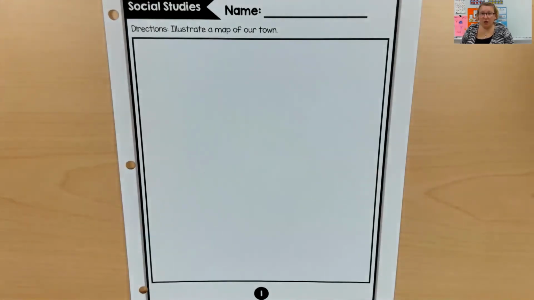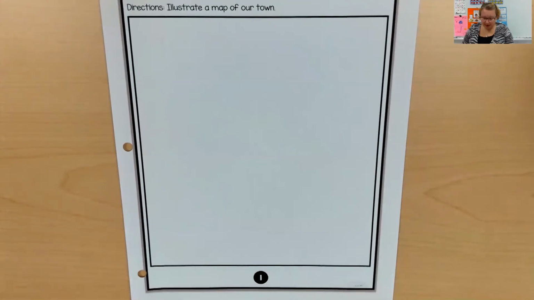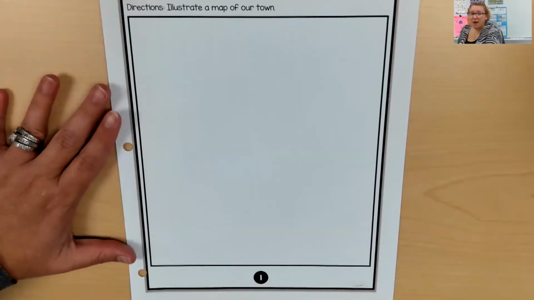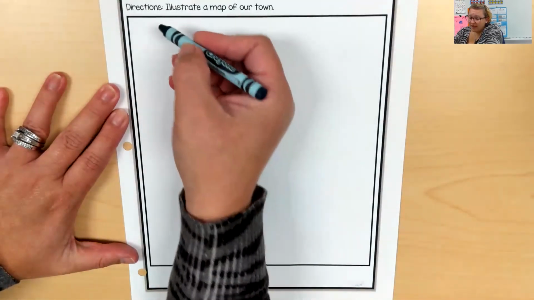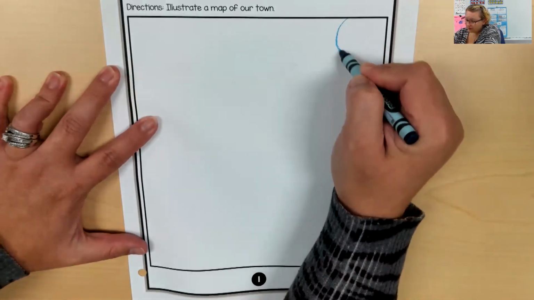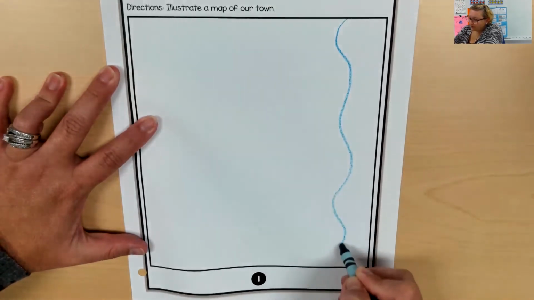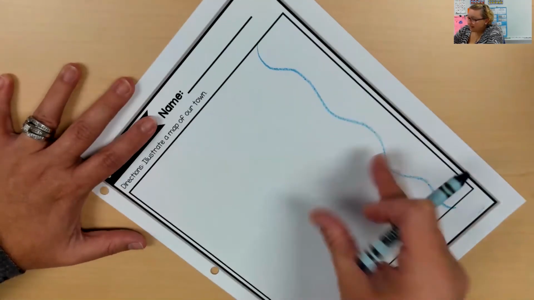And then we are going to work on illustrating a map of our town. So I'm going to do it with you. And remember, we can use all of those symbols that we learned about, okay? So when I think about St. Louis, I know that there is a big river that kind of borders St. Louis.